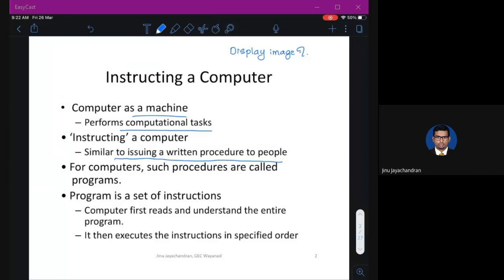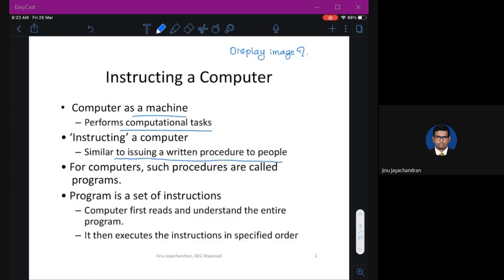She knows the procedure: you need to take water, milk, tea powder, sugar, start by boiling water, and so on. Since my mother knows that procedure, I don't need to explain to her what to do.